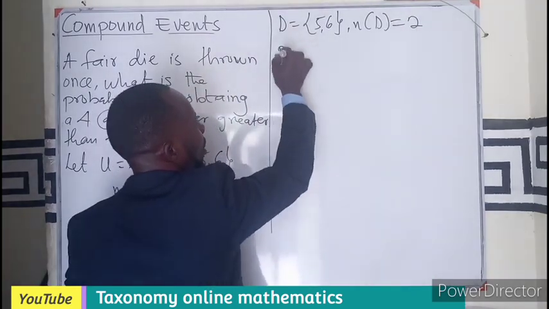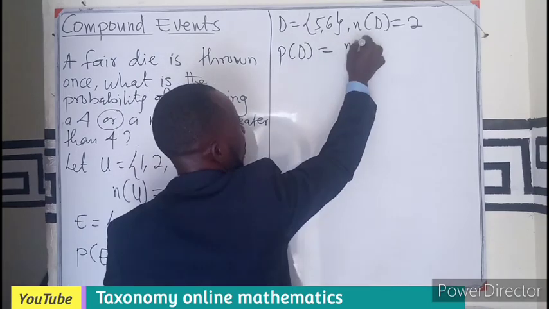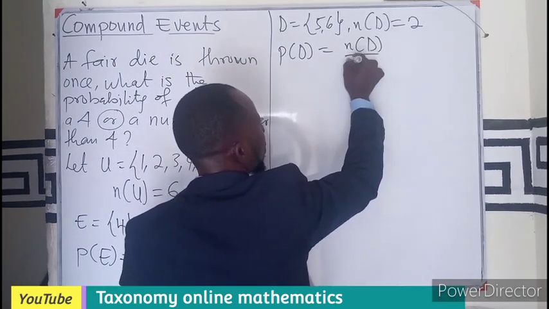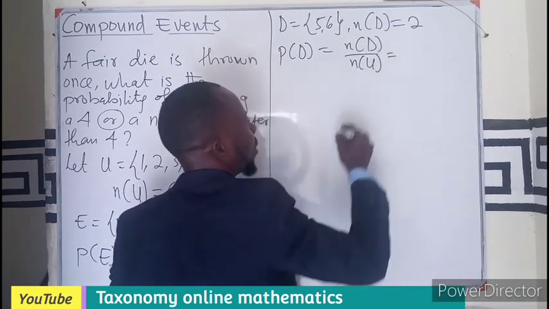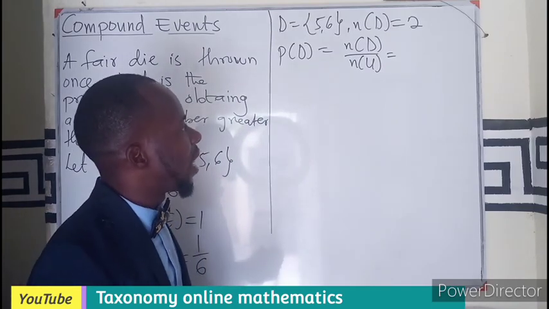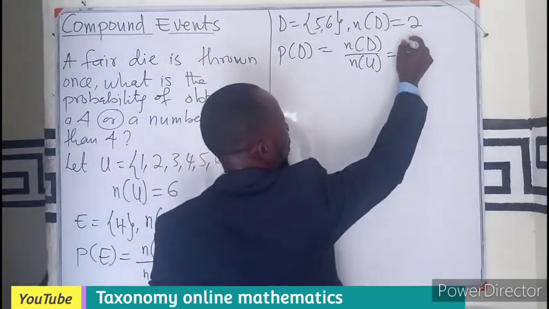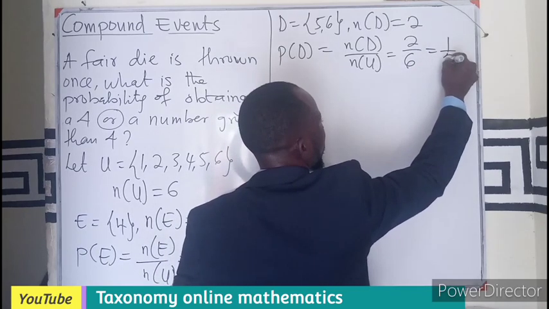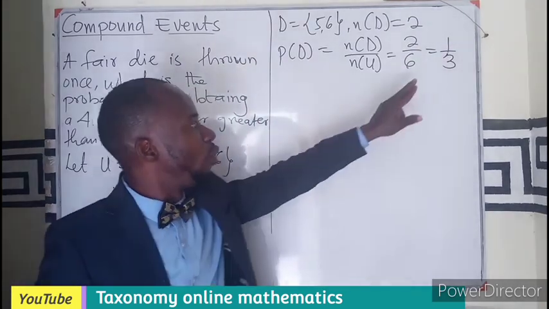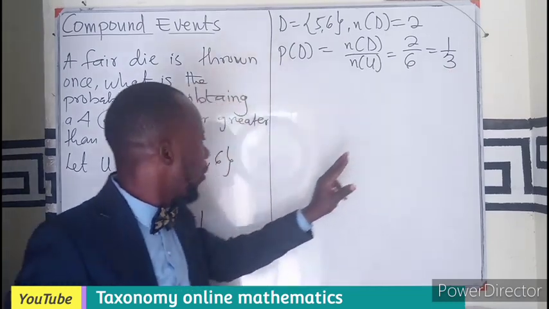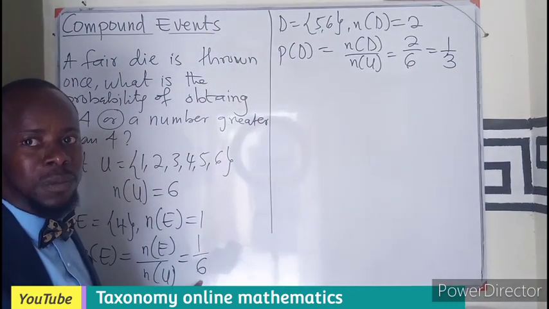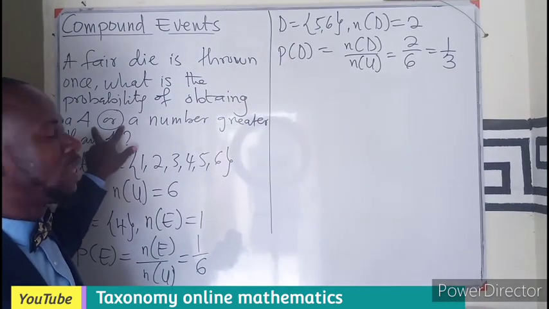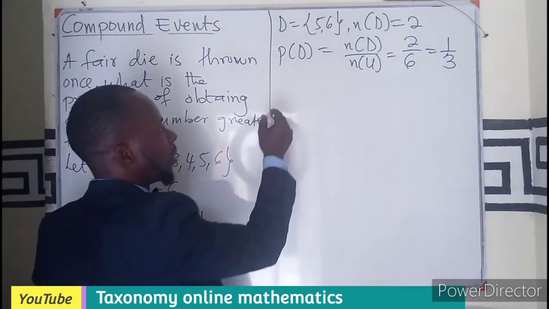So the probability of D now becomes the number of D over the sample space, which will be 2 out of 6 as 1 out of 3. So now we know the two probabilities, but we are combining them using OR, which means